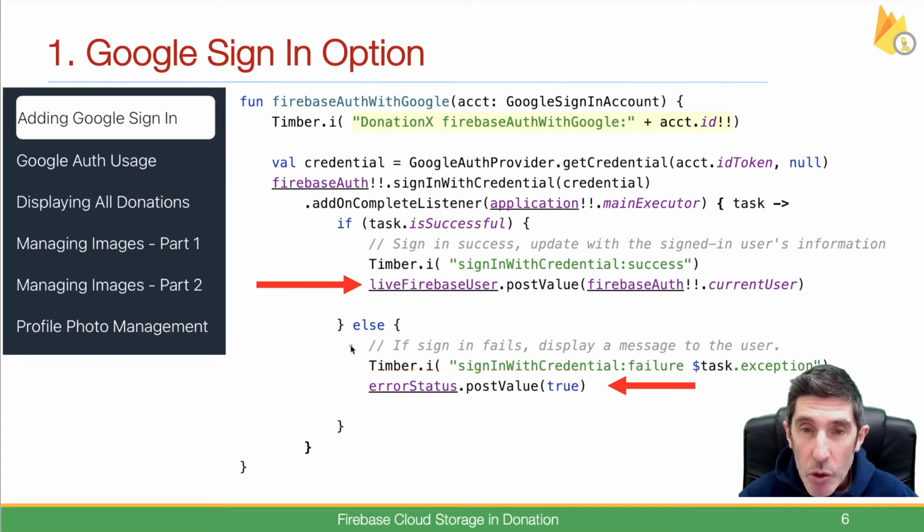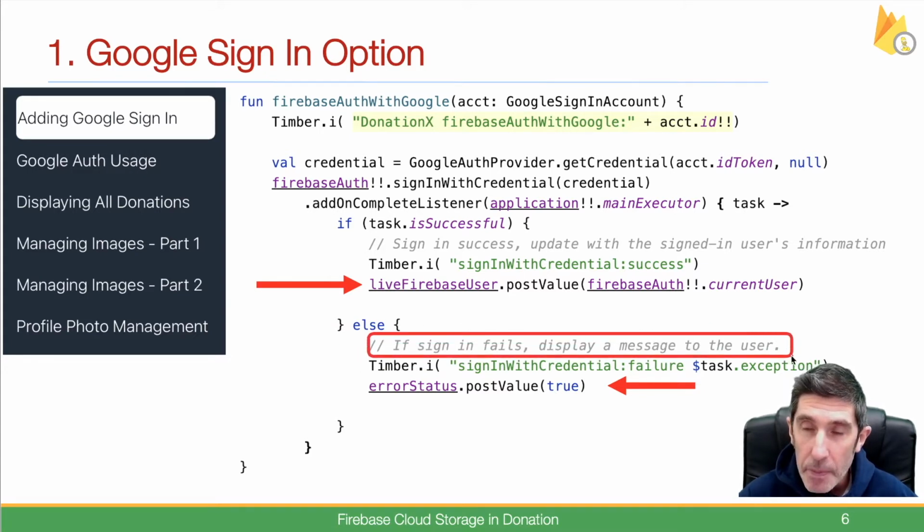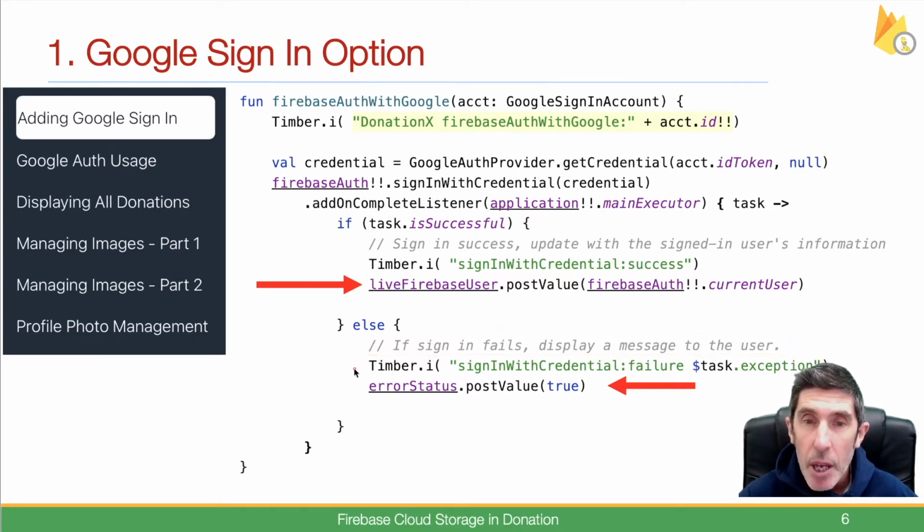So if something goes wrong, or if the sign-in fails, right? Now I suppose we could display, and we do back in the UI, we will display an authentication fail to the user. But internally, we want to just keep track of that error status. So I set that to true. So that's just another property that we add within the model that we're managing for our authentication. Okay, so